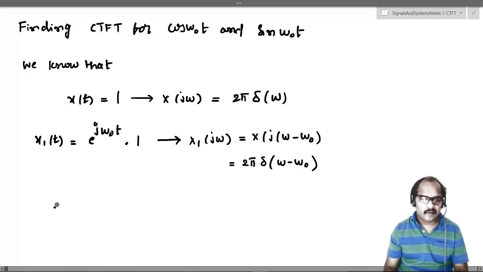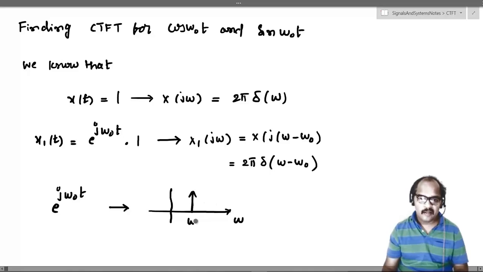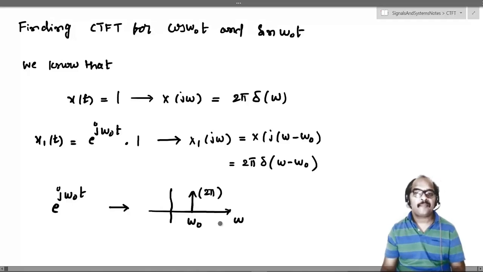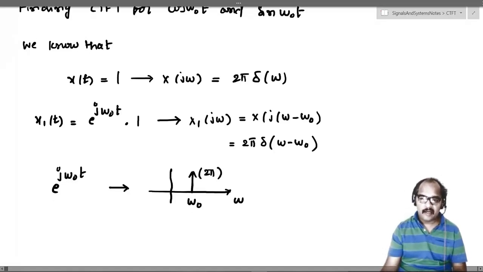Just for plotting purposes, e power j omega naught t is a complex function, so we cannot plot it in the time domain. But what happens to the signal in the frequency domain? That is 2 pi times delta of omega minus omega naught. It means shift the Dirac delta function to the right by omega naught units. So this would be the Fourier transform of which signal? e power j omega naught t. And what is the strength of that signal? It is the strength of that Dirac delta function, that is 2 pi. Similarly,